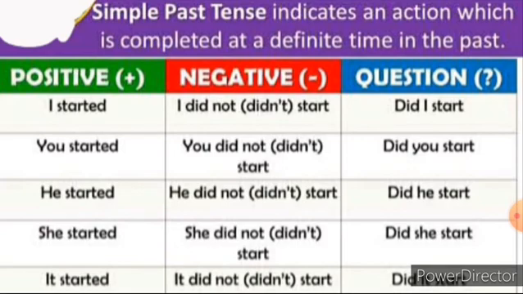How do you change it into negative? The same way, you have to add the word not. The word not is used to change the affirmative sentence into a negative sentence. For the negative sentence, we have to use the word not. In the simple form, we have added the verb form, and then the word not to change into negative. But look here, I started.